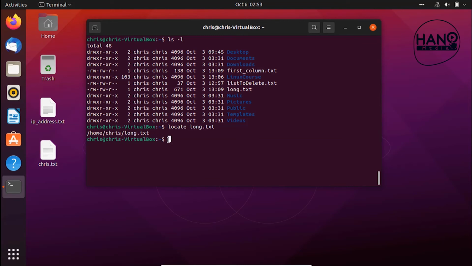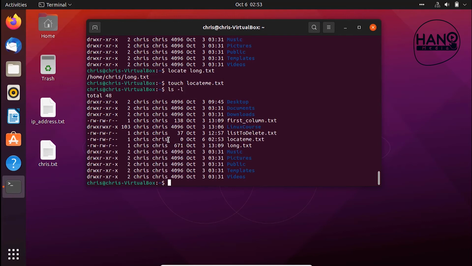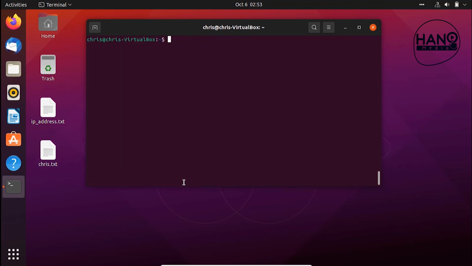But when I make another file, let me call this one locate me.txt, like this one. And even though you can see in the home directory that it is located here, called locate me.txt, when I try to locate it using locate me.txt, it will not bring anything, because we didn't update the database. And to update the database, you use the command that is called updatedb, like this one, so that it will